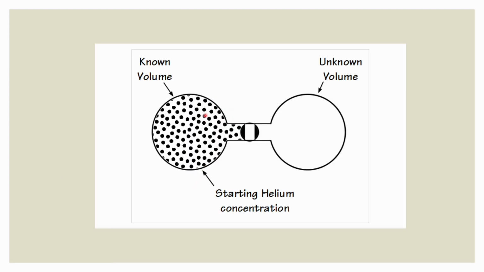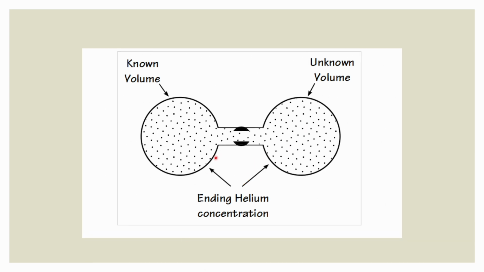So we start with the patient's known volume and a known concentration. The spirometer is first started and gotten ready with a known volume of helium in the spirometer, and the valve is closed and is connected to the patient who has an unknown volume of air in his lung at the end of normal tidal expiration. Once the valve opens, the patient breathes in and out multiple times, and when the patient does that, there will be a point where this volume and this volume should be similar, and the final concentration should also be equivalent, and this is the principle of this test.